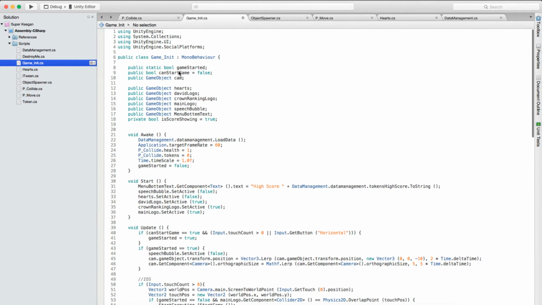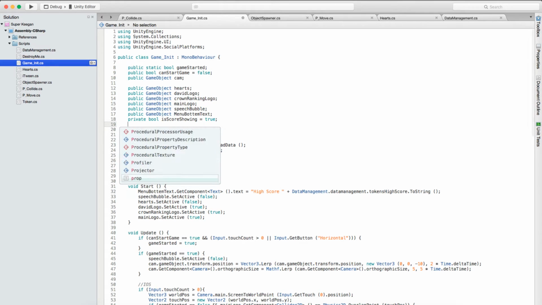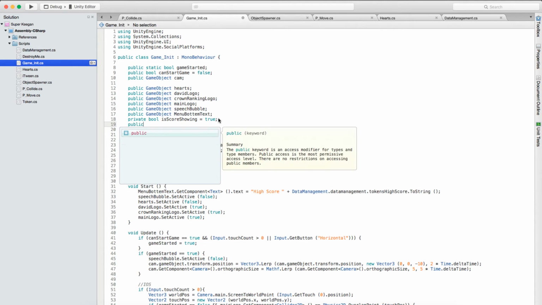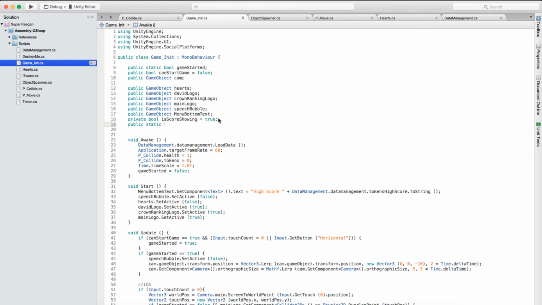And the first thing we want to do is create a public static string leaderboard